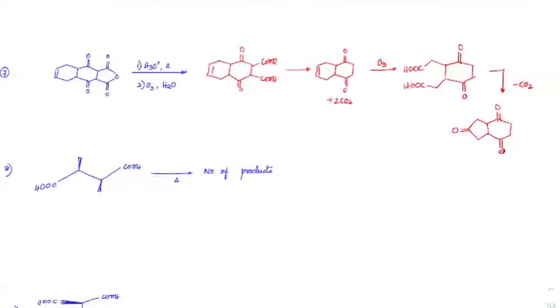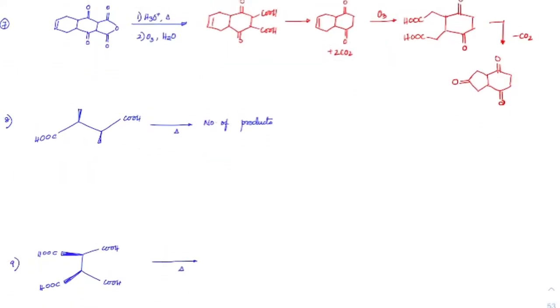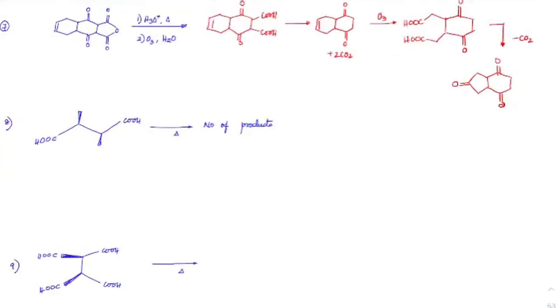Please do let me know if you haven't understood that. Next, can you check what is the number of products? This configuration is already fixed. Correct. So see the number of carbons, 1, 2, 3, 4, 4 carbons. 4 carbons means it can undergo dehydration. So anhydride formation is seen. So a cyclic anhydride will be formed here. Oxygen like this, double bond O, double bond O.